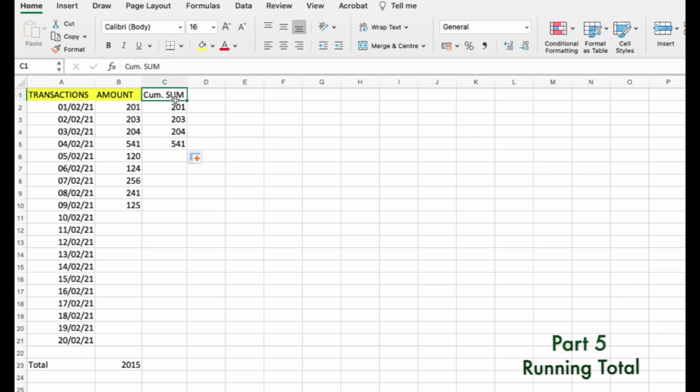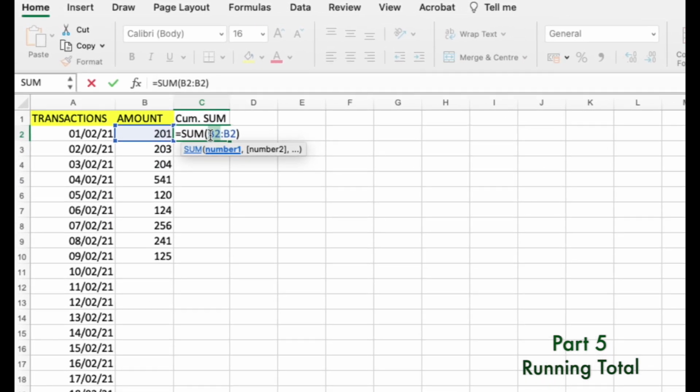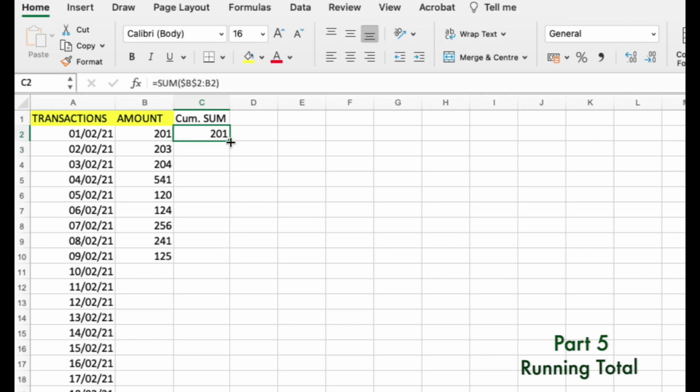It's simple, because for that we need to define a constant value. What is the constant value? Suppose we need to define the first number, which is 201, to be constant here. To define a value constant, or you can say lock a value, how are we going to do that? If you have watched my previous videos on my channel, you know how we do it. We just select this value and press F4, and it will lock. The first value will be locked, and you can click here. You get the 201, and if we drag it down like this, you get the total 2015 till 9th